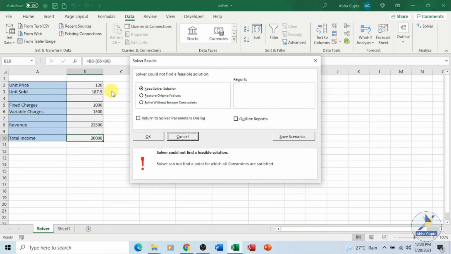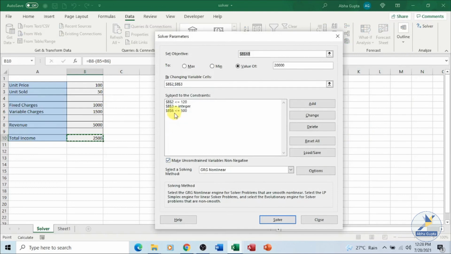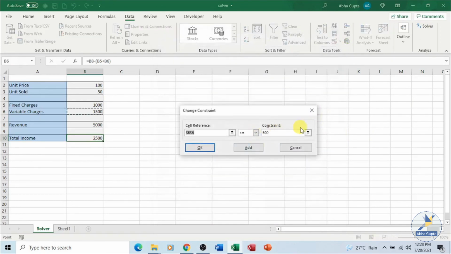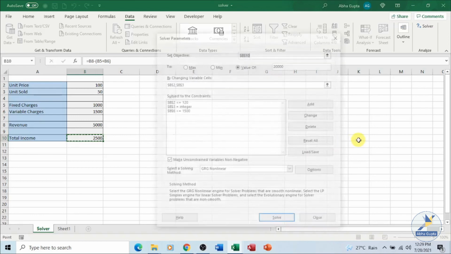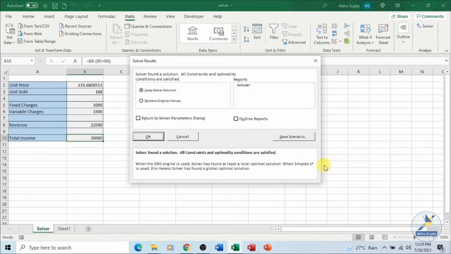It should not be in decimal. So you can always click restore to the original value, so you are taken back. Let's go back, change this constraint. I can always change this constraint. Let's say it should be back to 1500 because it was giving me an optimal solution, and click on OK and solve. So here you got a solution.